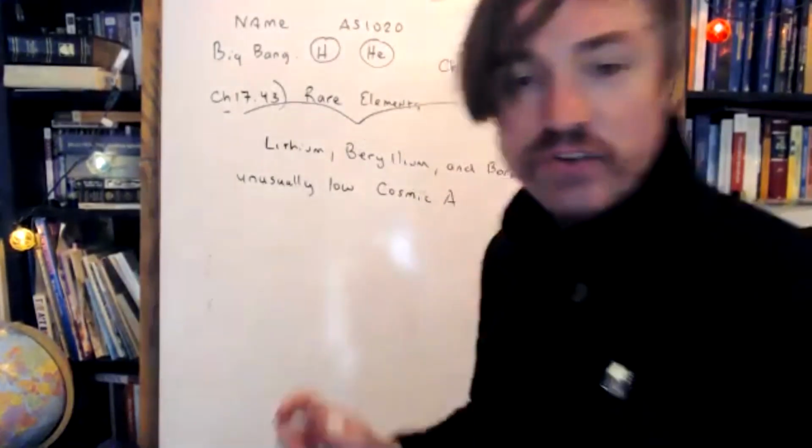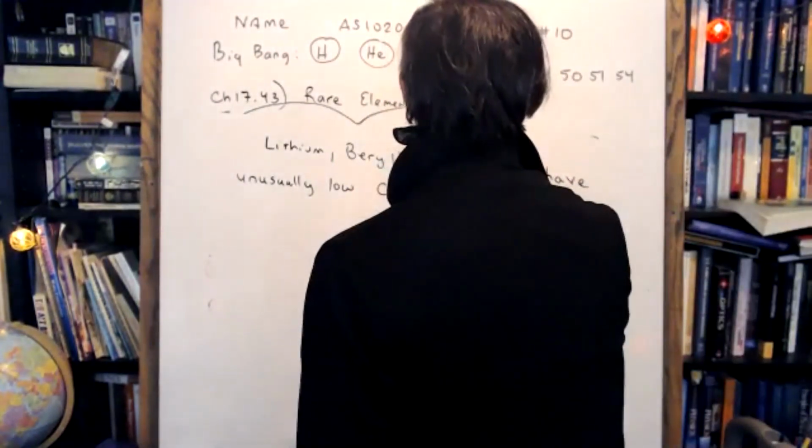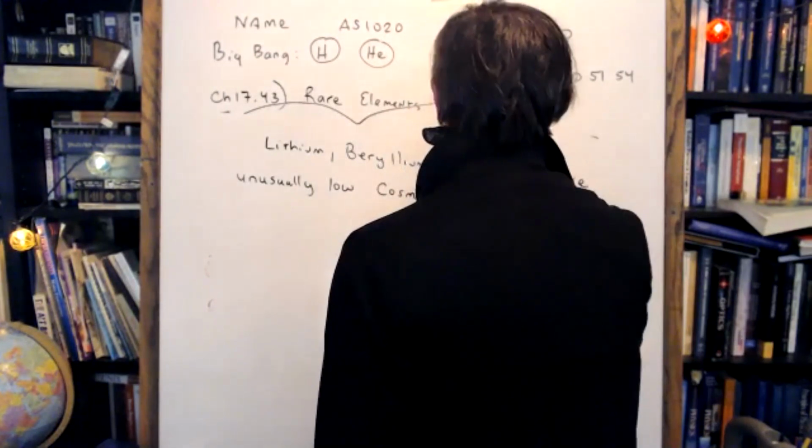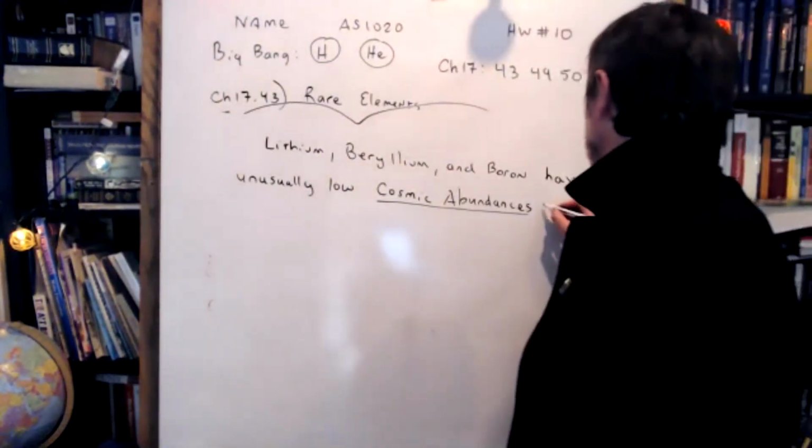That famous graph that I showed you was known as the cosmic abundance of the elements. They have unusually low cosmic abundances in nature